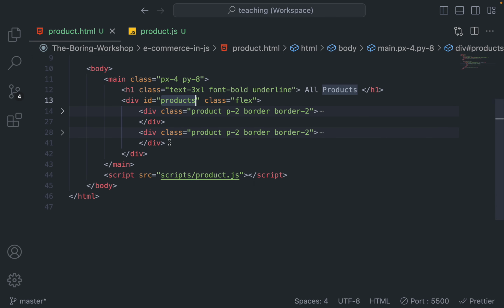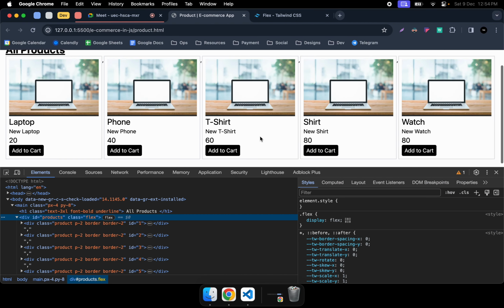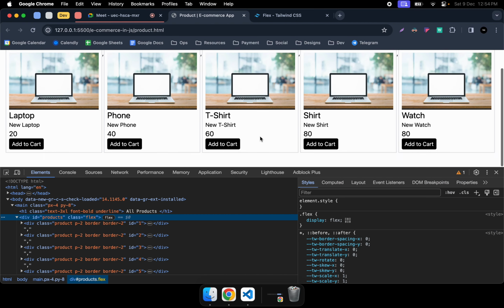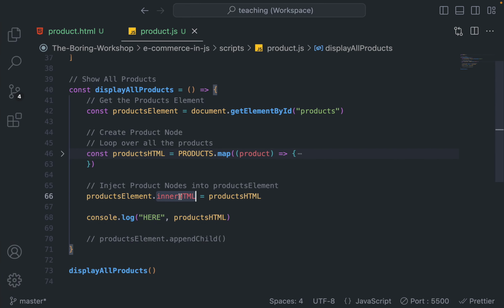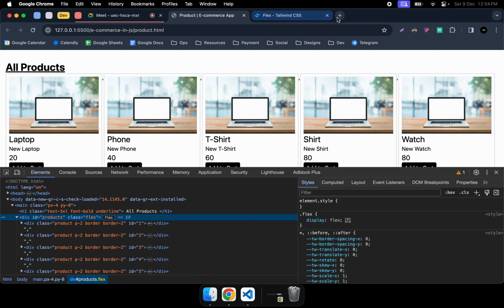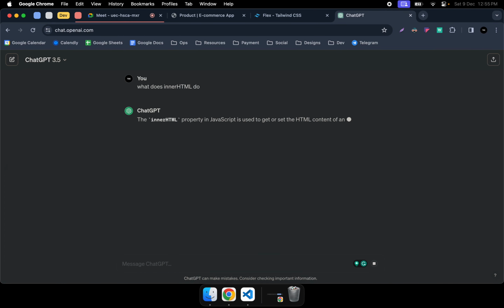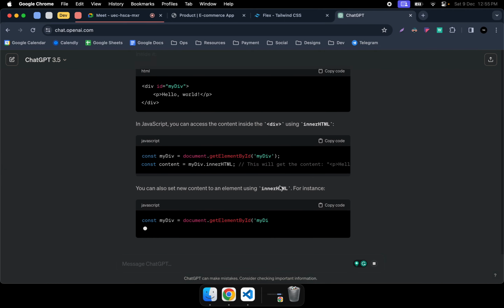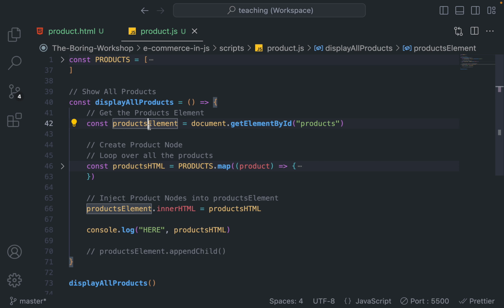Now let's do one thing, let's delete these two products. Let's see if it is visible at all. Yeah, it is visible. Yeah, this looks fine. Okay. Now, if you want to know more about inner HTML, all you have to do is come to ChatGPT and ask. Simple. Okay? The inner HTML property, what it does, it basically says, for example,